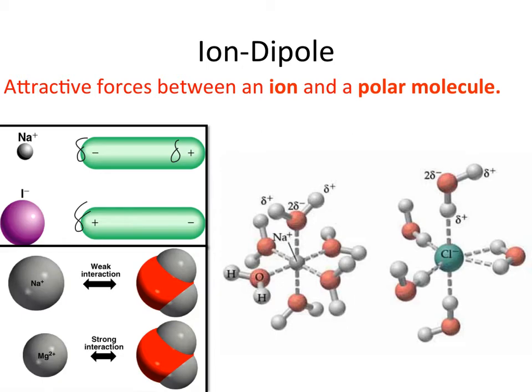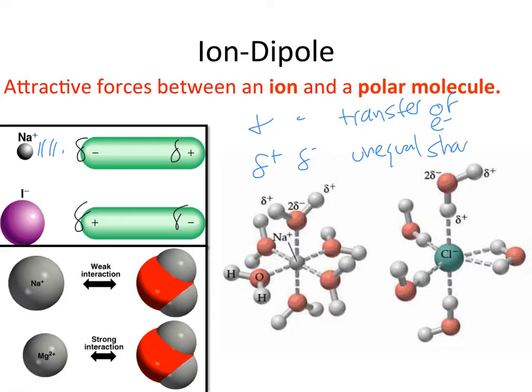Slightly, and slightly. Interacting with something that has a full charge. So remember, something with a full plus or a full minus occurs through the transfer of electrons. Something with a slightly positive and slightly negative charge occurs through unequal sharing of electrons. So they're slightly different. And so in this case, when we look at sodium and whatever this polar molecule is,